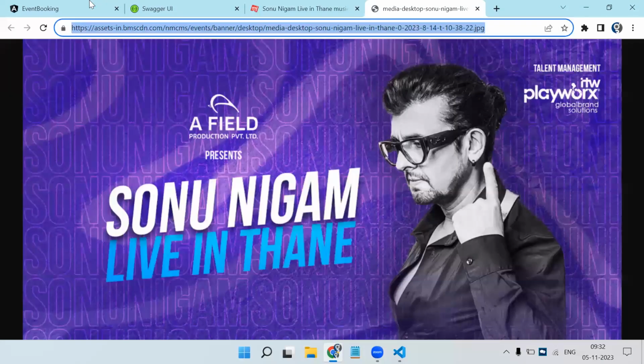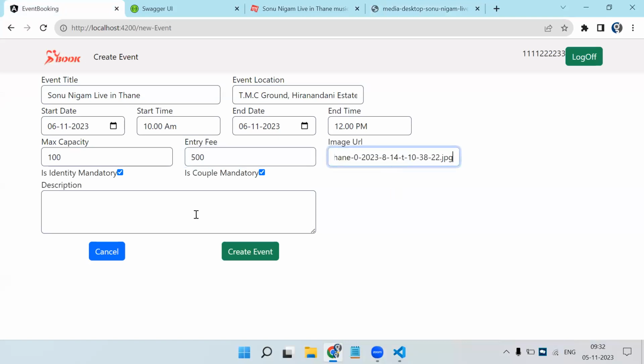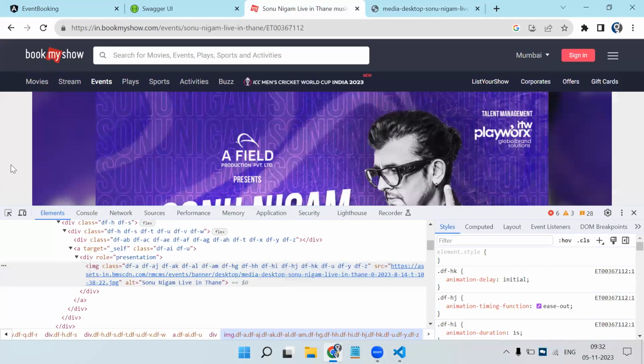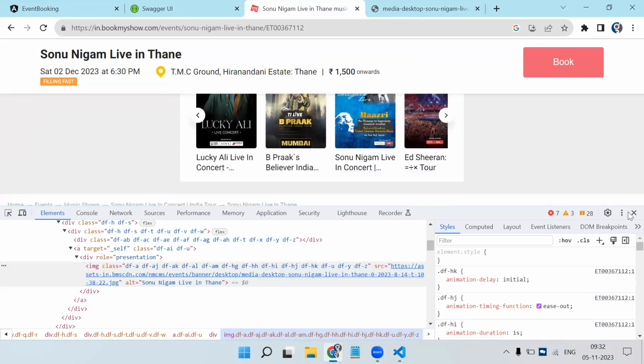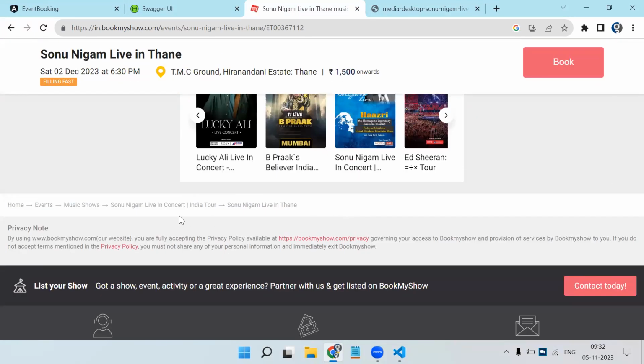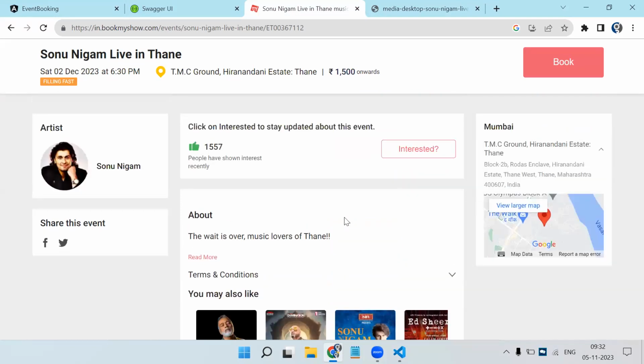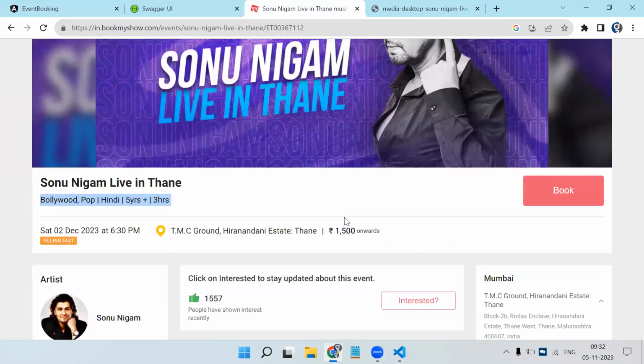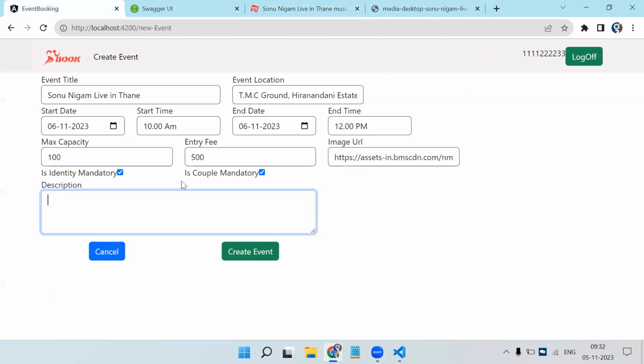So this is nothing but image URL. I will copy that and paste it over here. Description, do we have the description or not? Let's see. We don't have any description. Let's just add some dummy description. Sonu Nigam is performing